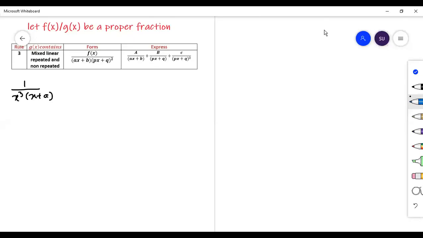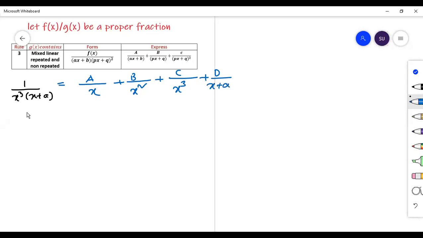Next question, 1 by x cube into x plus a. Here also, how many terms in total? x cube means 3 terms, and x plus a is another term, so 4. So we need 4 terms here: A by, plus B by, plus C by, plus D by. I will start with the repeated x: x, x square, x cube, and the next one is